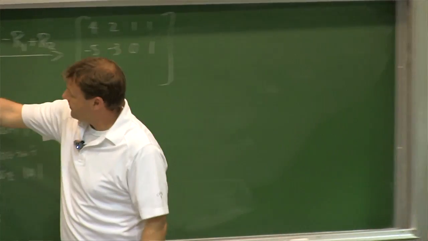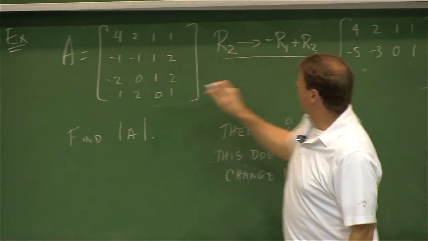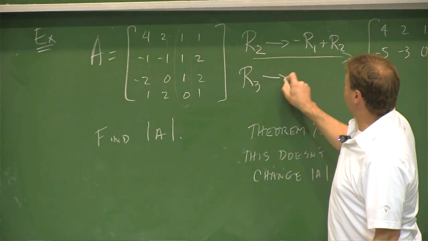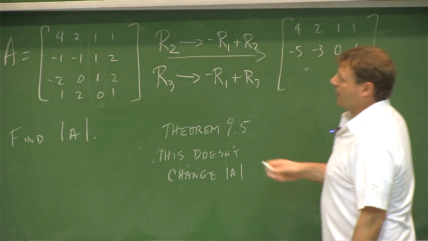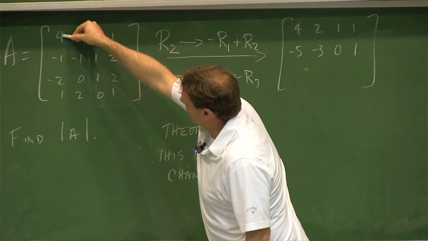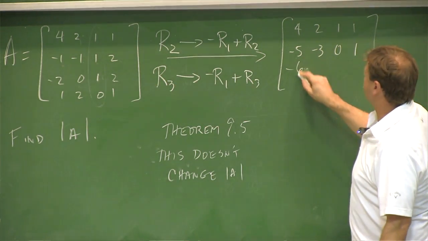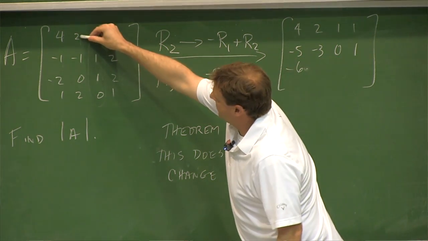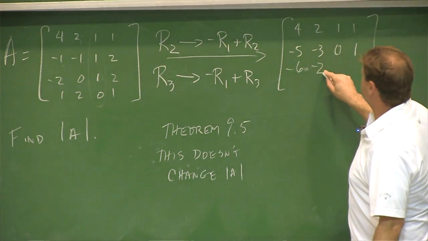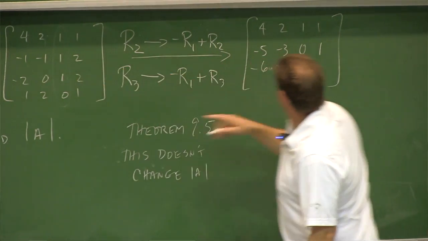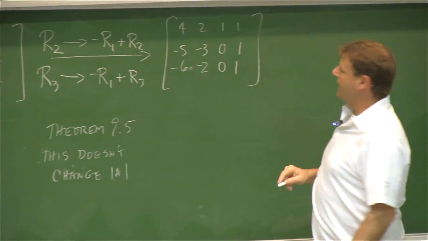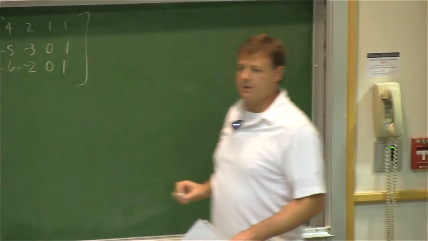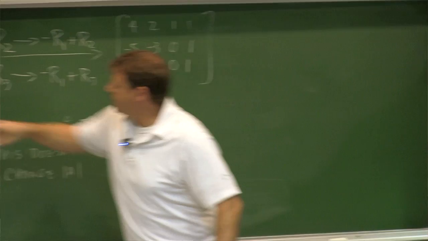And then I also want to modify this one right here. So I'll replace row 3 with negative row 1 plus row 3. Okay, when I do negative here, I get negative 4 plus negative 2 is negative 6. Negative 2 and 0 gives me negative 2. Negative 1 and 1 is 0. Negative 1 and 2 is 1. Okay, that takes care of the 2 rows I was interested in modifying. Now I'm just going to reproduce that 4th